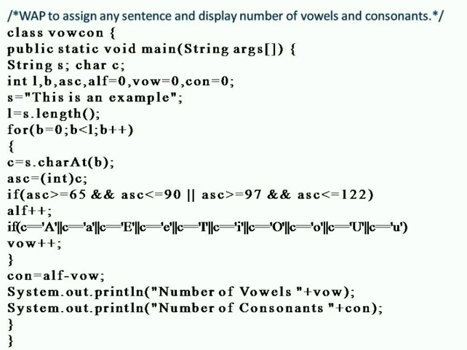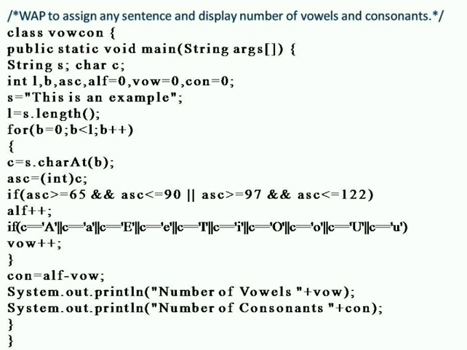In this program, we'll take one sentence and display the number of vowels and number of consonants present in it. So the name of the class I have given is VOWCON. Anything you can write. After that, we put one opening brace, then public static void main as usual, then we put one opening brace,